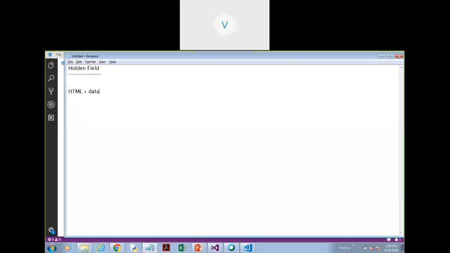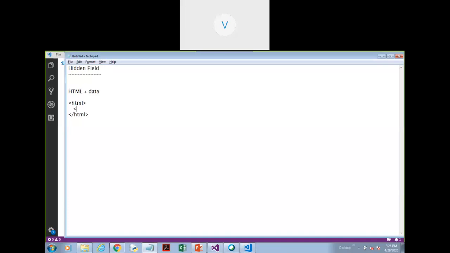अभी क्या हो गया, रिक्वेस्ट सर्वर के पास गया, सर्वर did the processing and it generated the HTML output. उस HTML आउटपुट के अंदर हम क्या कर रहे हैं? अपना डेटा इंसर्ट कर दे रहे हैं. Then the question is, how will you insert the data? What is HTML? HTML is basically a collection of tags. So we have a bundle of tags here.